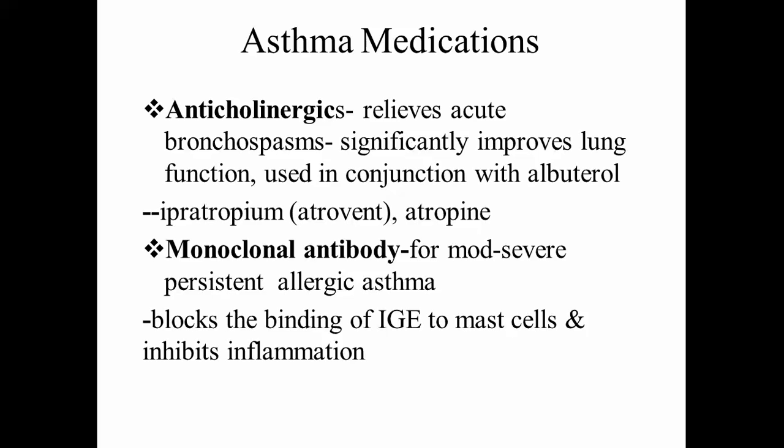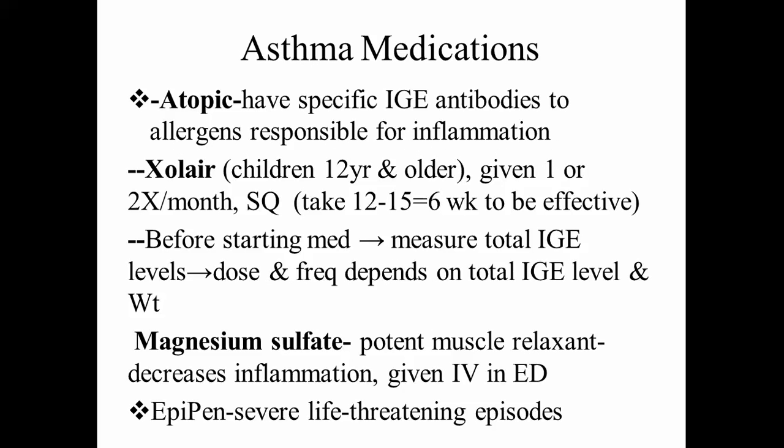4 hours, and PRN. Then you have monoclonal antibodies, and that's usually given for moderate to severe persistent allergic asthma. So somebody who has allergies and they have asthma as a result of those allergies. The monoclonal antibodies block the binding of the IgE to mast cells, and they inhibit inflammation. So many children who are atopic, and what that means is that they have specific IgE antibodies to allergens that are responsible for inflammation,